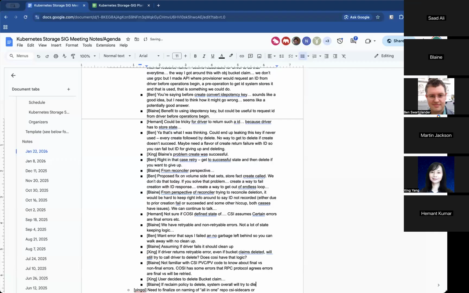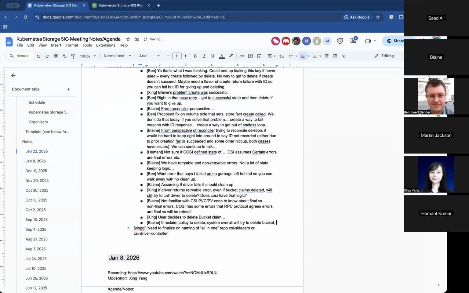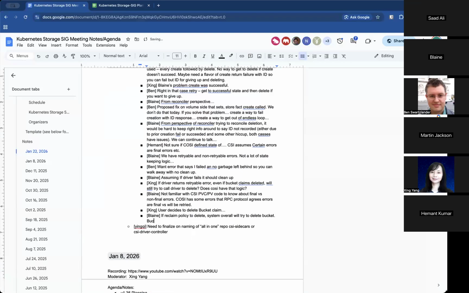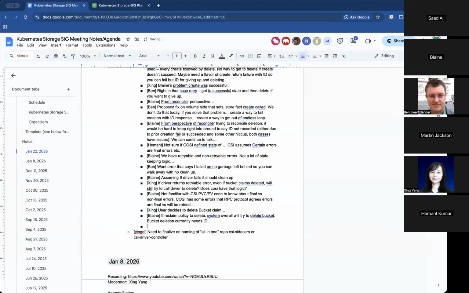The bucket claim won't be deleted until the bucket is gone. But bucket deletion currently needs the ID, so creation has to have succeeded before. Basically you hold that off because you have some finalizer. You do not allow the bucket to be deleted.